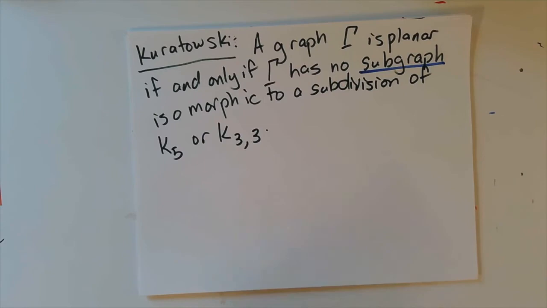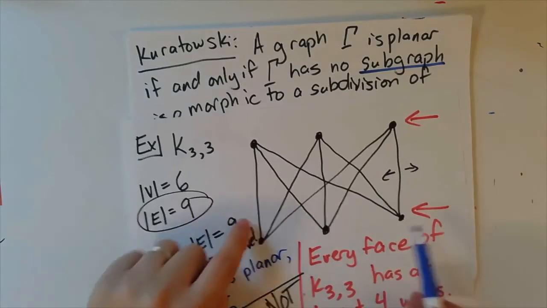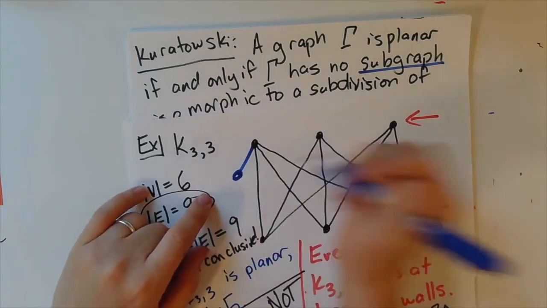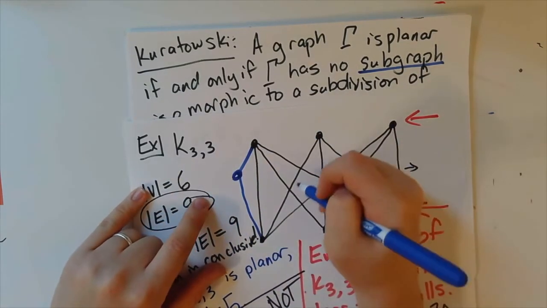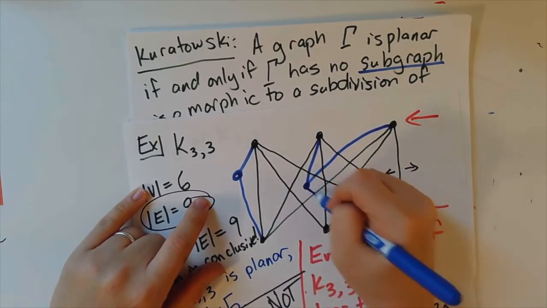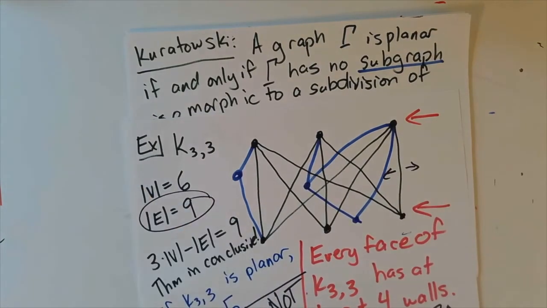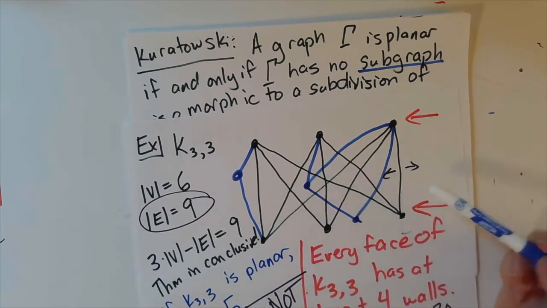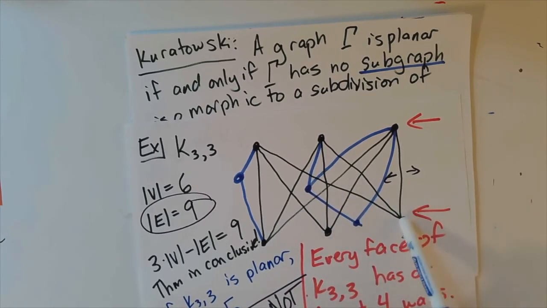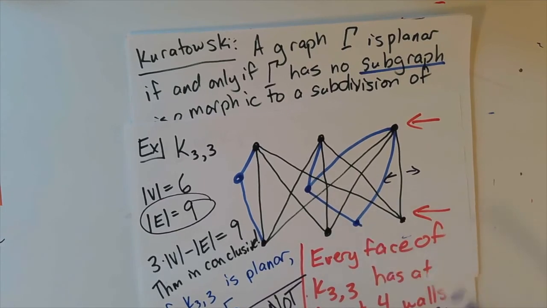And so certainly, if your graph looks like this, except you've thrown in more pieces, so say I've thrown in an extra vertex here and connected it over there, and an extra vertex here and connected it there like that, and another one down here, this graph that I've now made has K33 as a subgraph. And I think you can convince yourself that because this graph has K33 as a subgraph, there's no way this graph could be planar. Because if I could draw this graph that I get by putting the black and blue edges together, if I could draw that in the plane,